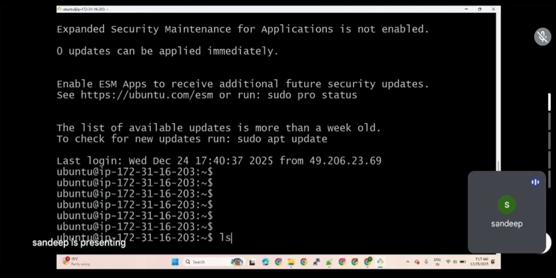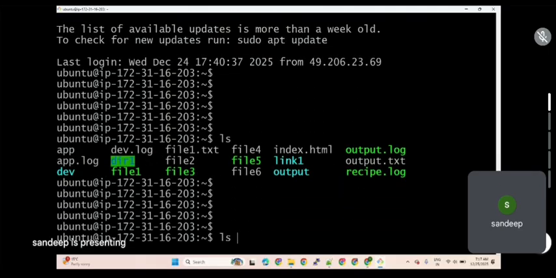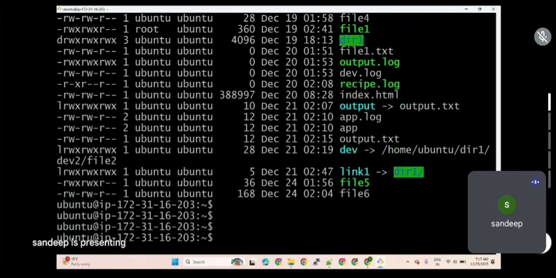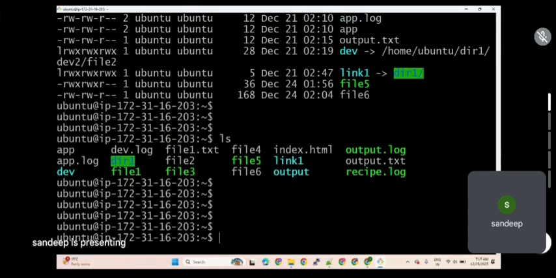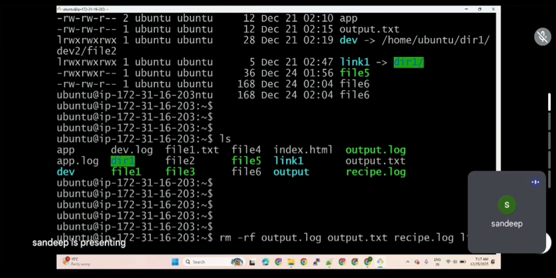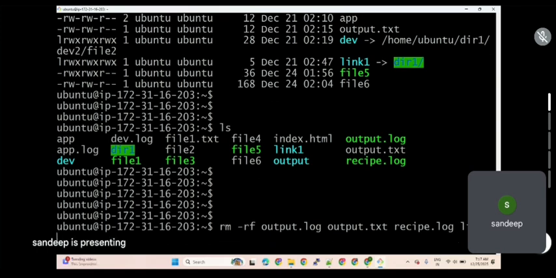Okay, so I have logged in the server. I'll remove some of the files. rm -rf output.log, output.txt, and recipe.log, and link 1, then output,